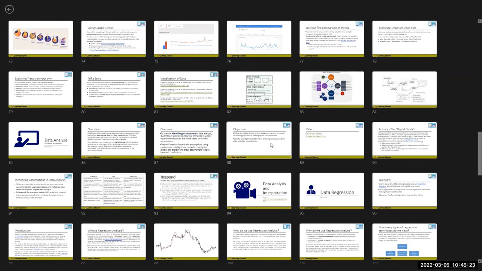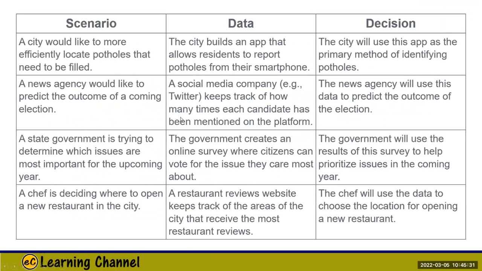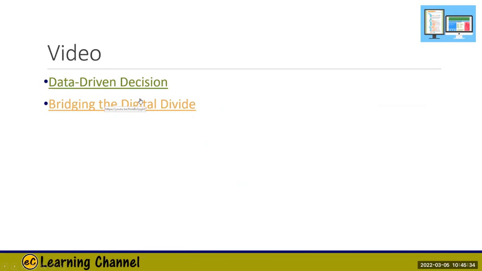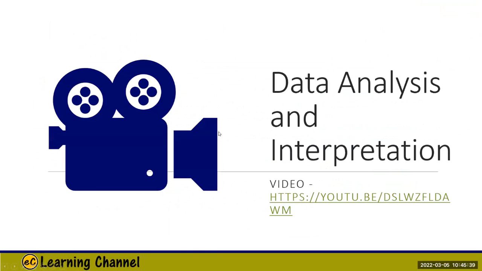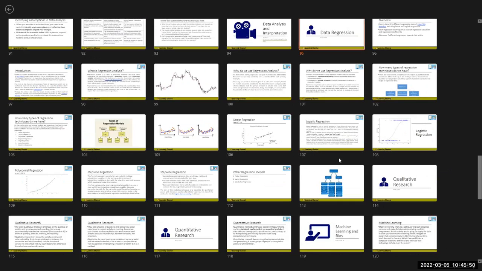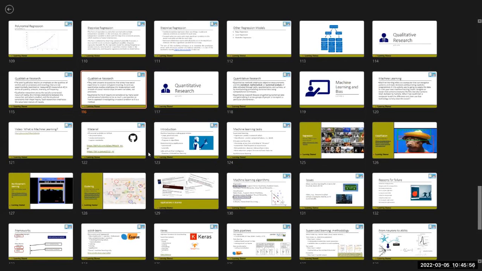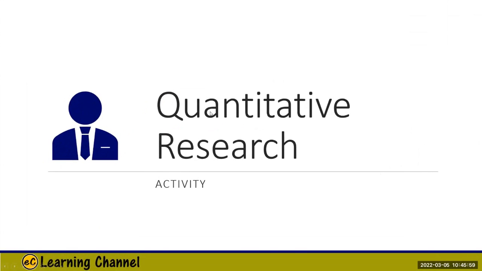Now let's actually look into the next issue, okay? So we look into the digital divide. You can download the PDF and you should still have the link here, okay? And you can look at it. Because we are reviewing, I don't have that much time to do it, okay? So now let's look into the next topic: data regression, qualitative research, quantitative research, okay? And then AI, okay? Let's get started with